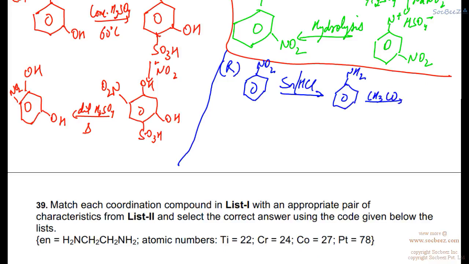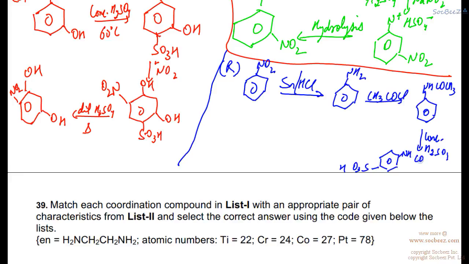NH2, on reaction with CH3COCl, it gives NHCOCH3. With concentrated H2SO4, it gives us SO3H with NHCOCH3, and after treating with HNO3,